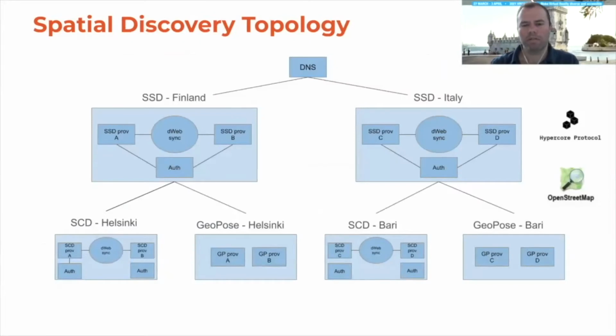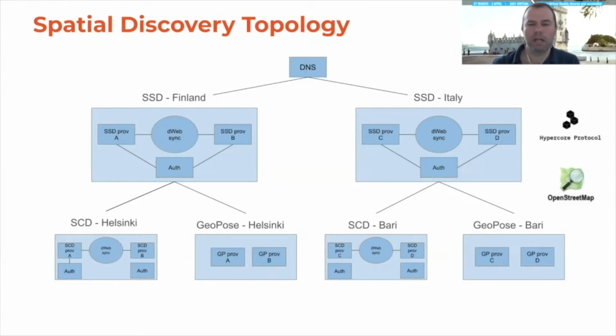This shows the high-level topology around spatial discovery. So as I mentioned, you've got spatial service discovery, which is homed to a given country. So first we have to determine which country's spatial service discovery service we're connecting to, right? That top level may be operated by some form of foundation. And then we've got multiple providers in a given country contributing to this common index. And again, this is service discovery, right? Now we use service discovery to discover the other services that exist in the geozone.